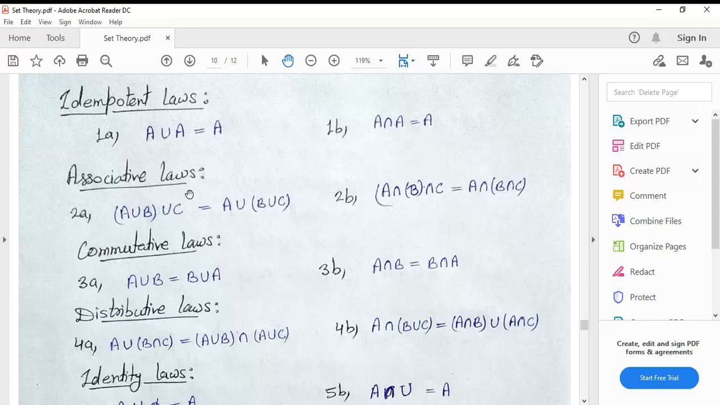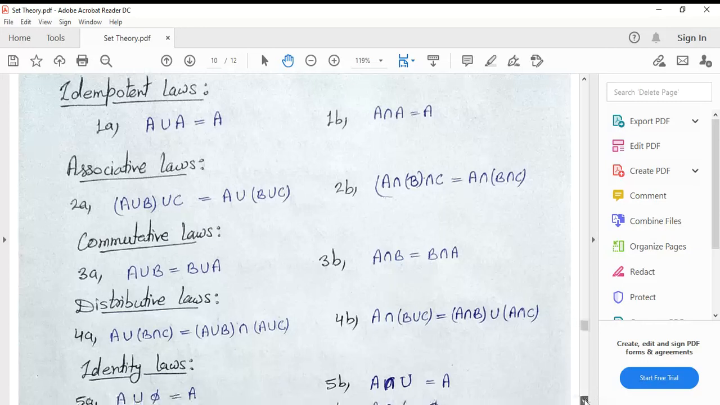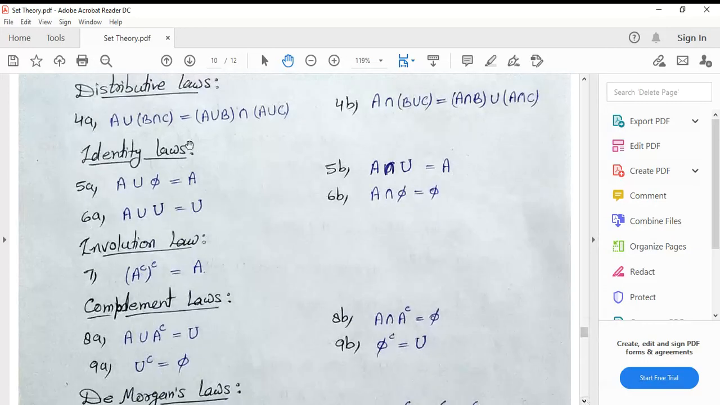And what is the associative law? A union B union C. Here, if we take A union B union C, similarly in the intersection. Commutative law, A union B is equal to B union A, A intersection B is equal to B intersection A. Distributive law, A union B intersection C is equal to A union B intersection A union C, like in intersection. Identity laws, in identity law, suppose we take the union of A with phi,